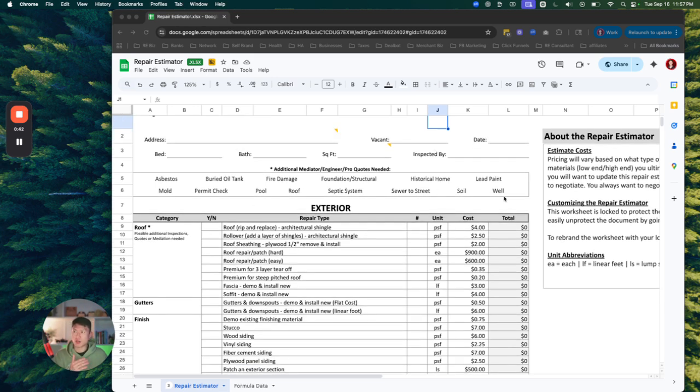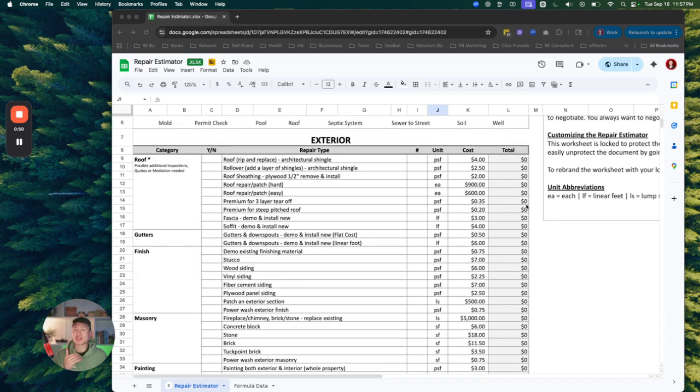The next section here is just marking what you see. Is there asbestos? Is there a buried oil tank? Is there fire damage, etc.? Now we jump into the exterior. Now it's very important that you follow the repair estimator to the T, because it's a process. You want to walk the exterior and then you want to walk the interior,